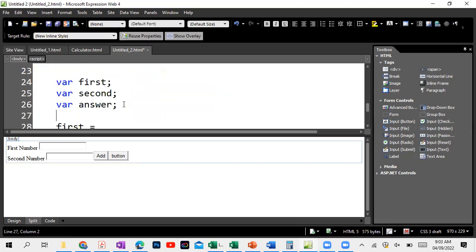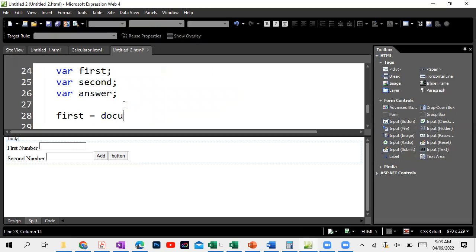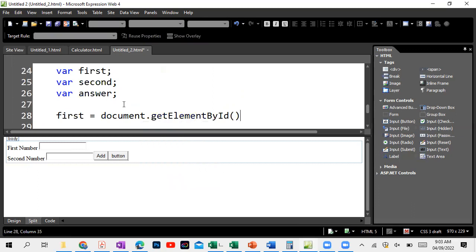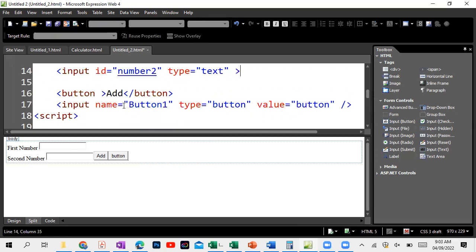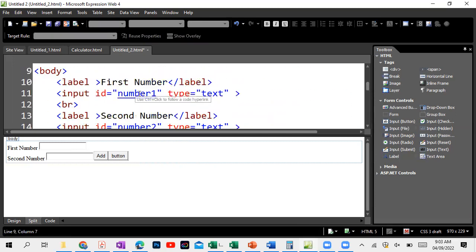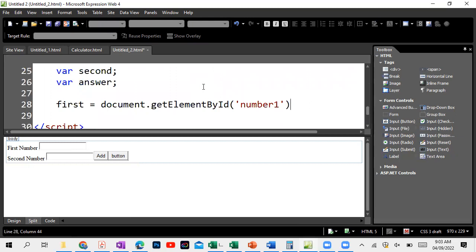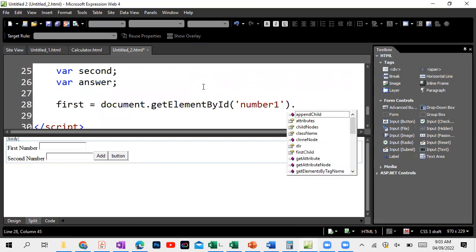How to do that? Document dot get element by ID. What's the ID name? It was number 1. Okay, this is the ID number 1 for the first text box, so whatever text is in it, we will get that. Dot